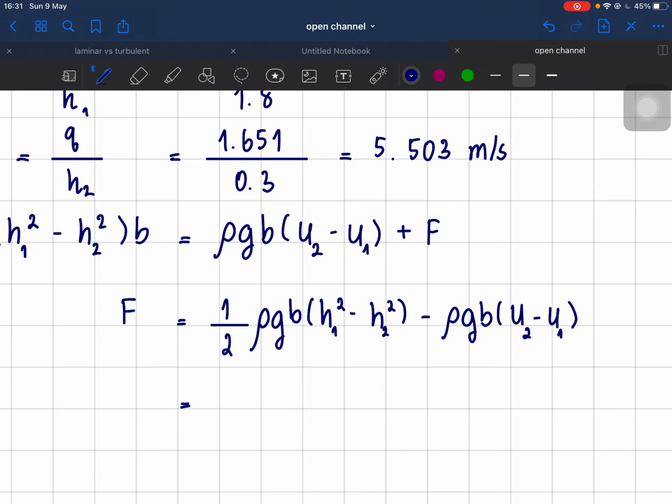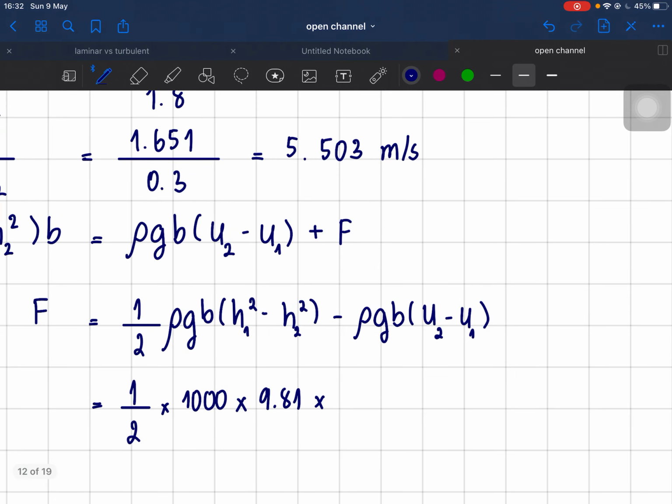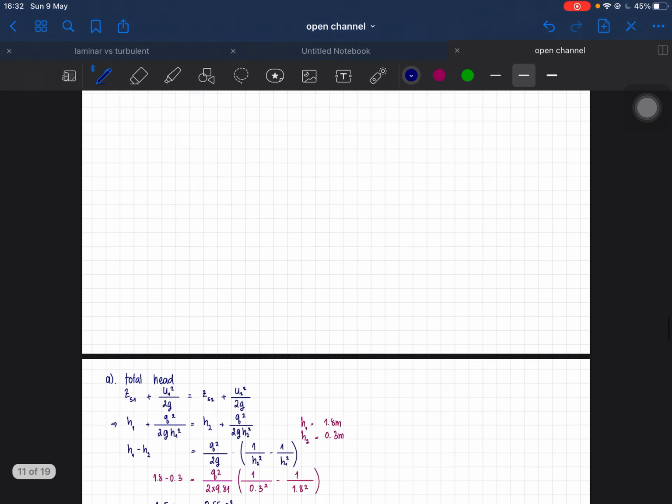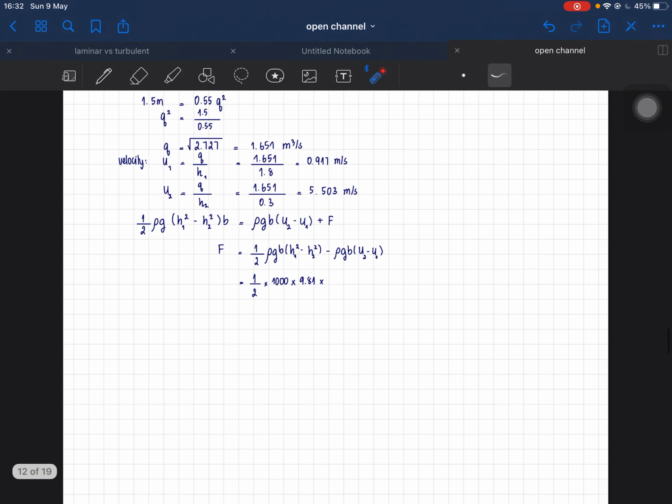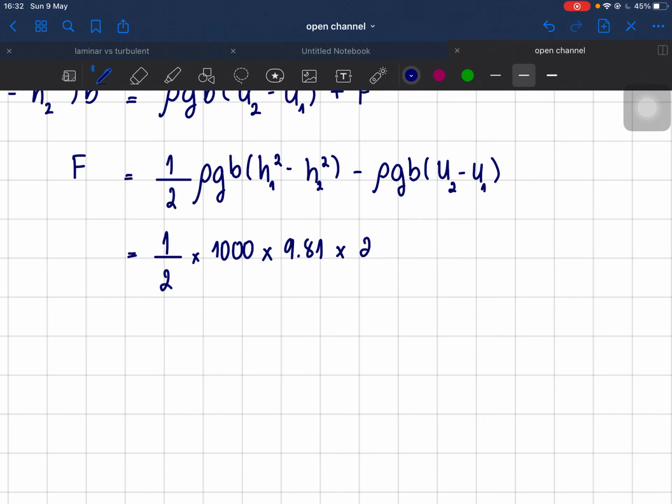So I think we can substitute everything here. It's 1 over 2. For the rho, it's for water, so water is 1,000 times 9.81 times the base. Basically the base is 2. Width of it is 2 meter. Times 2 times 1.8 square minus 0.3 square minus